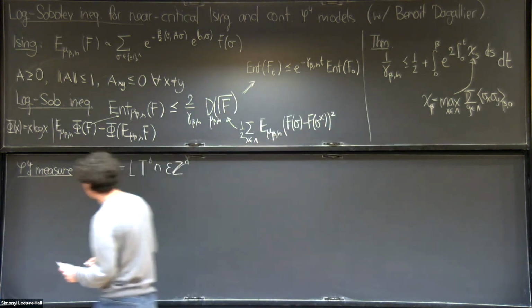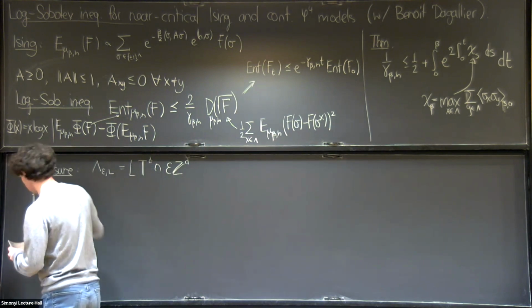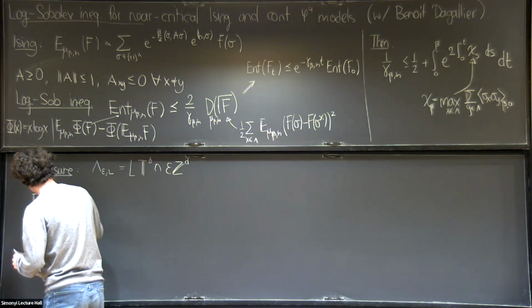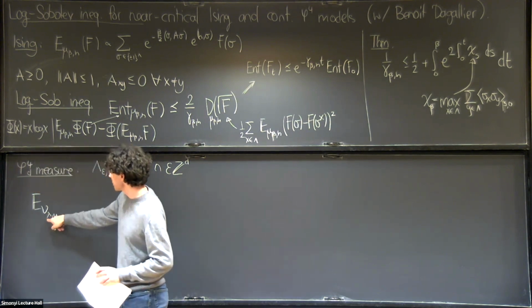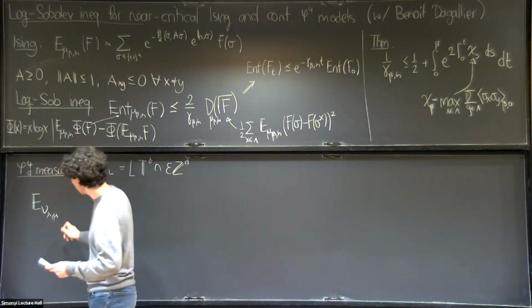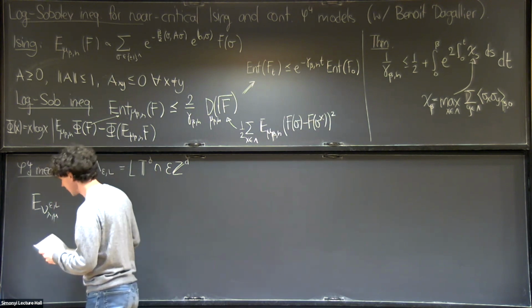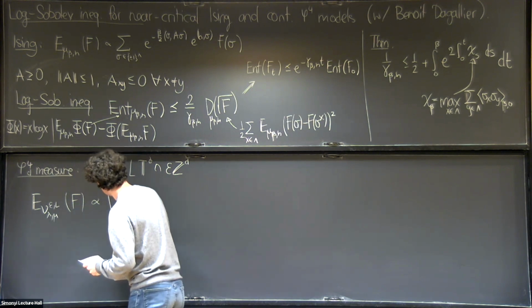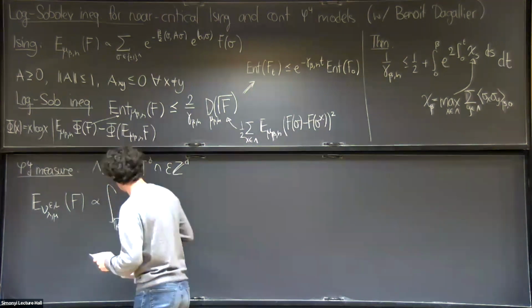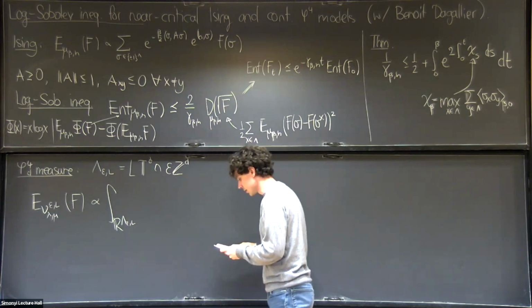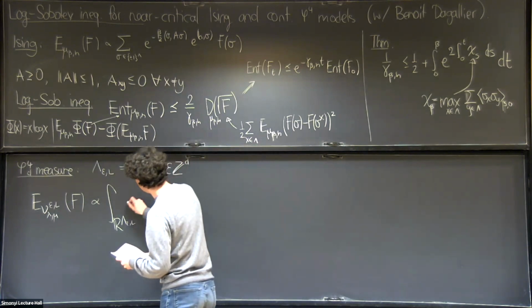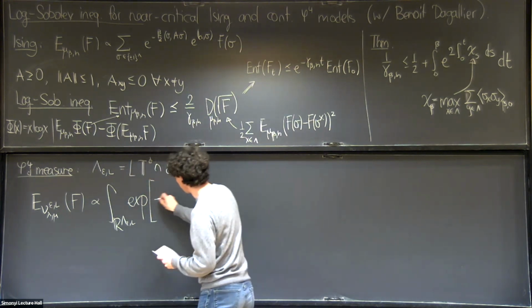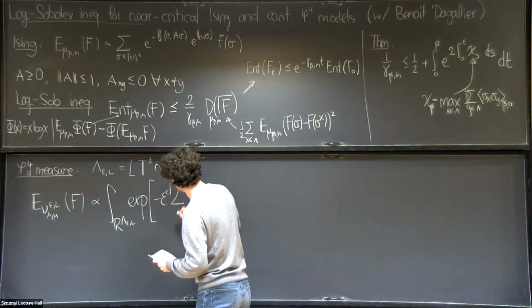So in this, this is the phi-4 measure. It depends on two parameters: lambda, which is the coupling constant, and mu, which is the mass, which can be negative. So fields are in R to the epsilon lambda, and then the interaction is the phi-4 interaction. So this is like an integral over.